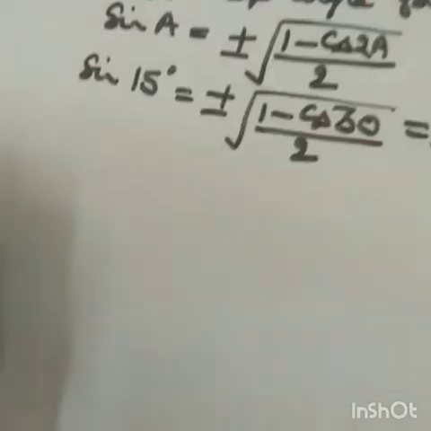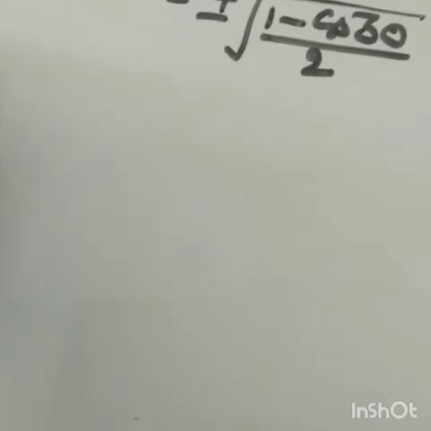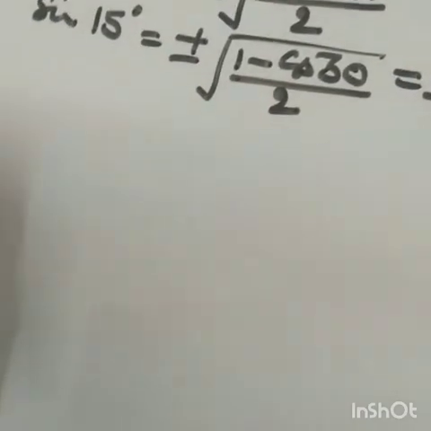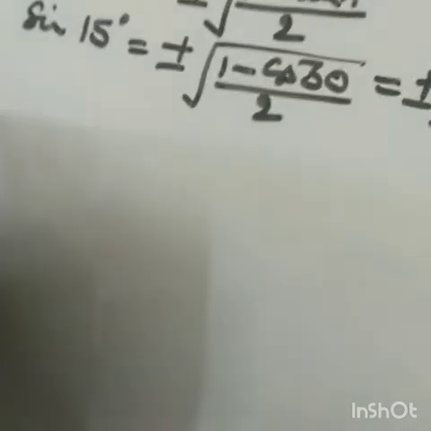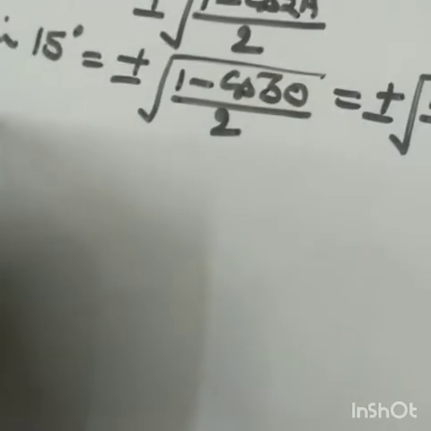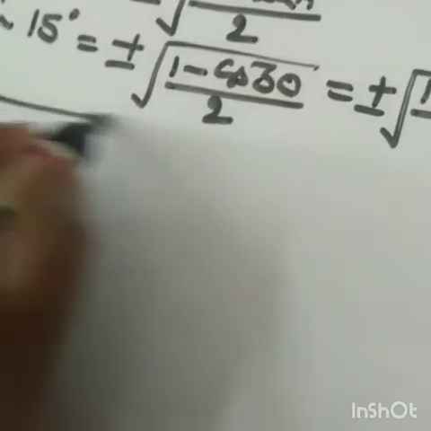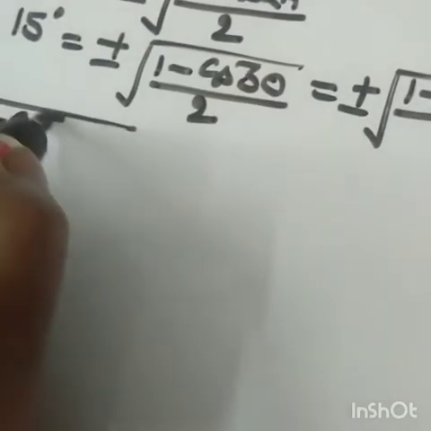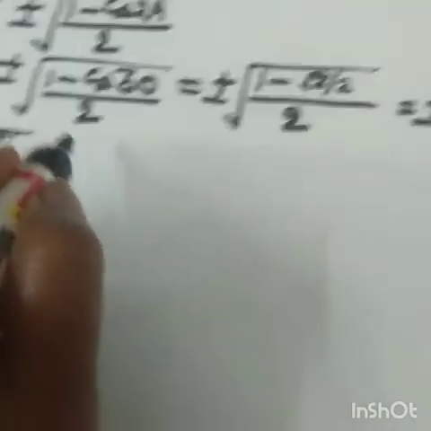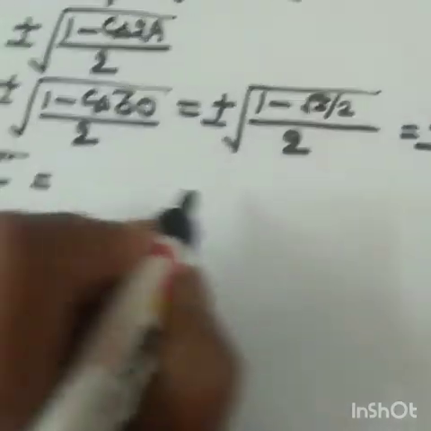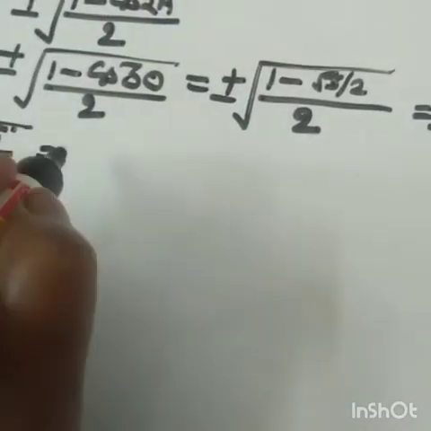Now we will do the second part also because that is also a good question. The question is sine of 292 degree and a half degree. Now look, if I use the same formula, I'll be getting plus minus, of course, under root (1 minus cos of 585 degree) upon 2.